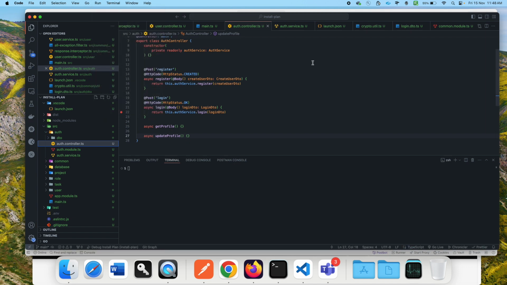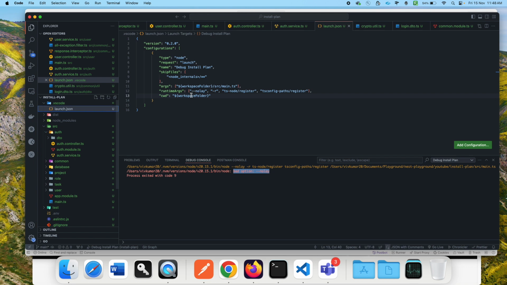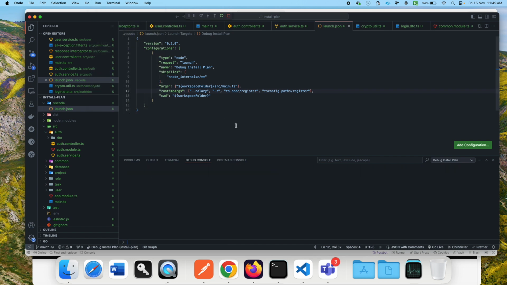So now if you see, it stopped suddenly. I don't know why it stopped suddenly. Is there any way to see the logs? Bad option, no lay. Okay, let me fix it. So here instead of lay it would be lazy, no lazy. Okay, so now if we try to run again,